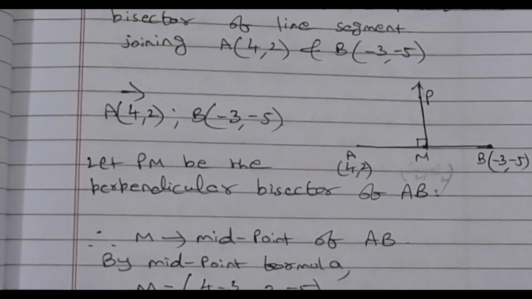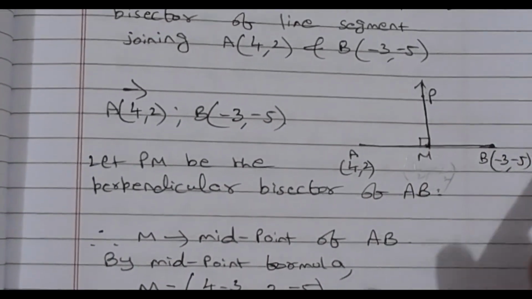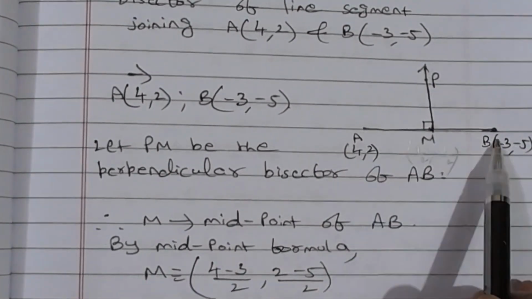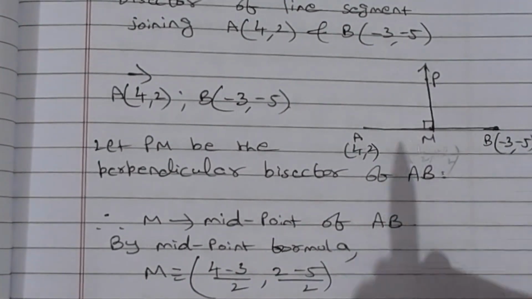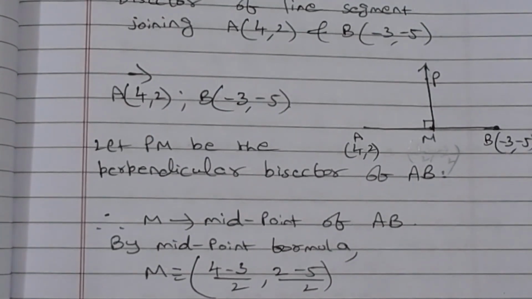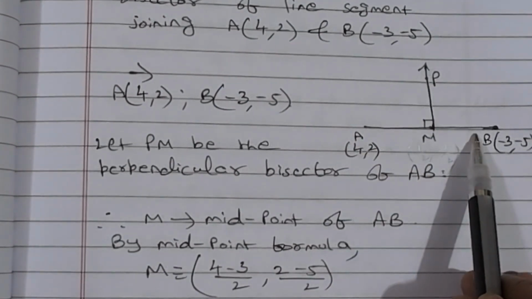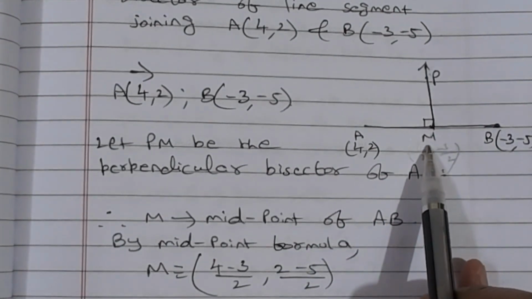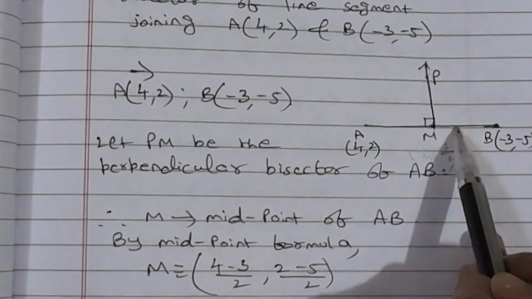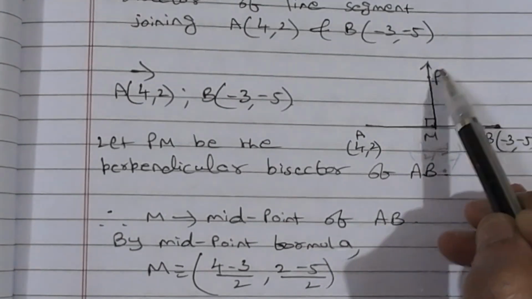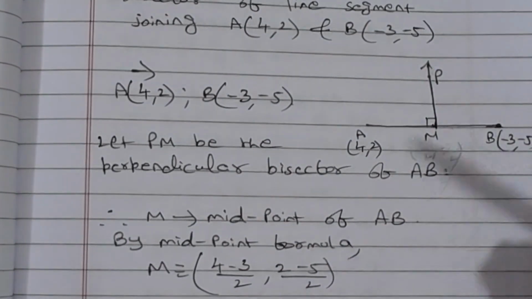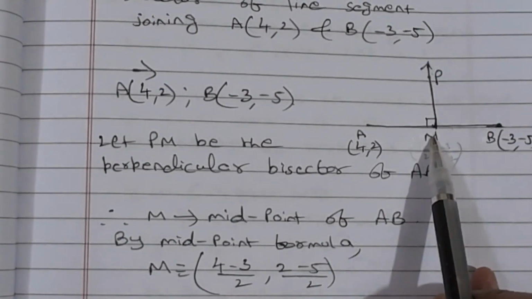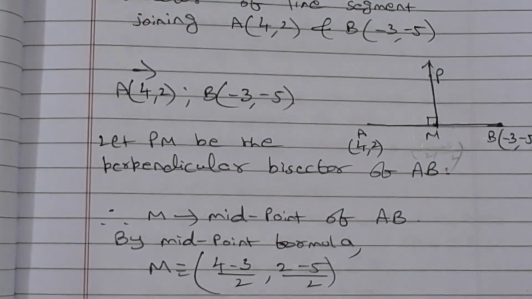Okay. So coordinate geometry में, in all the chapters of geometry, draw the figure. Figure is important. So coordinate geometry में भी if you draw the figure and figure देख के then easily you can answer the question. So perpendicular bisector मतलब this is a line segment. Draw a perpendicular bisector. So ये midpoint हो गया. You can find the coordinates of M by using the midpoint formula. And ये perpendicular है तो AB का slope निकाल सकते हैं. So PM का slope will be the negative reciprocal of the slope of AB. So you know one point on PM and you know the slope of PM. You can easily write the equation of PM.